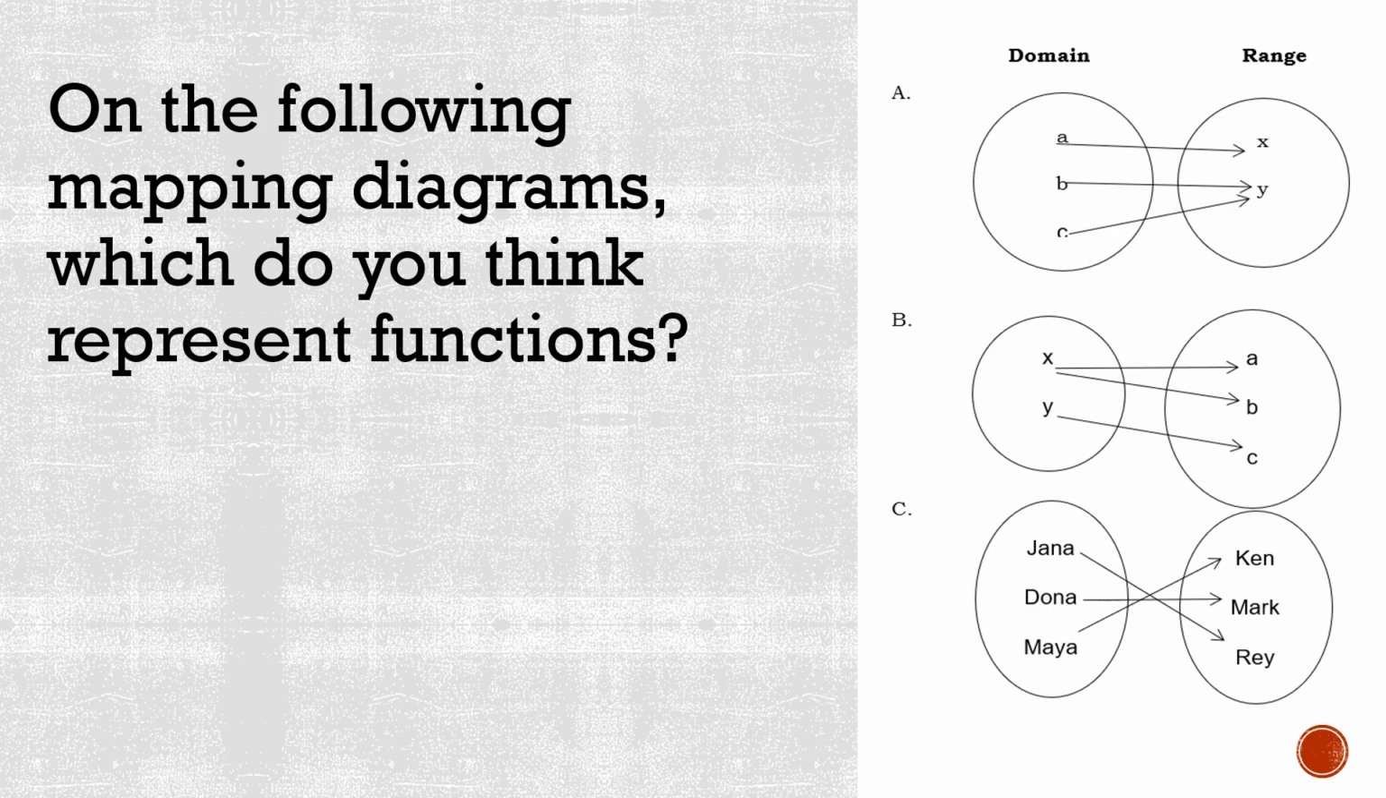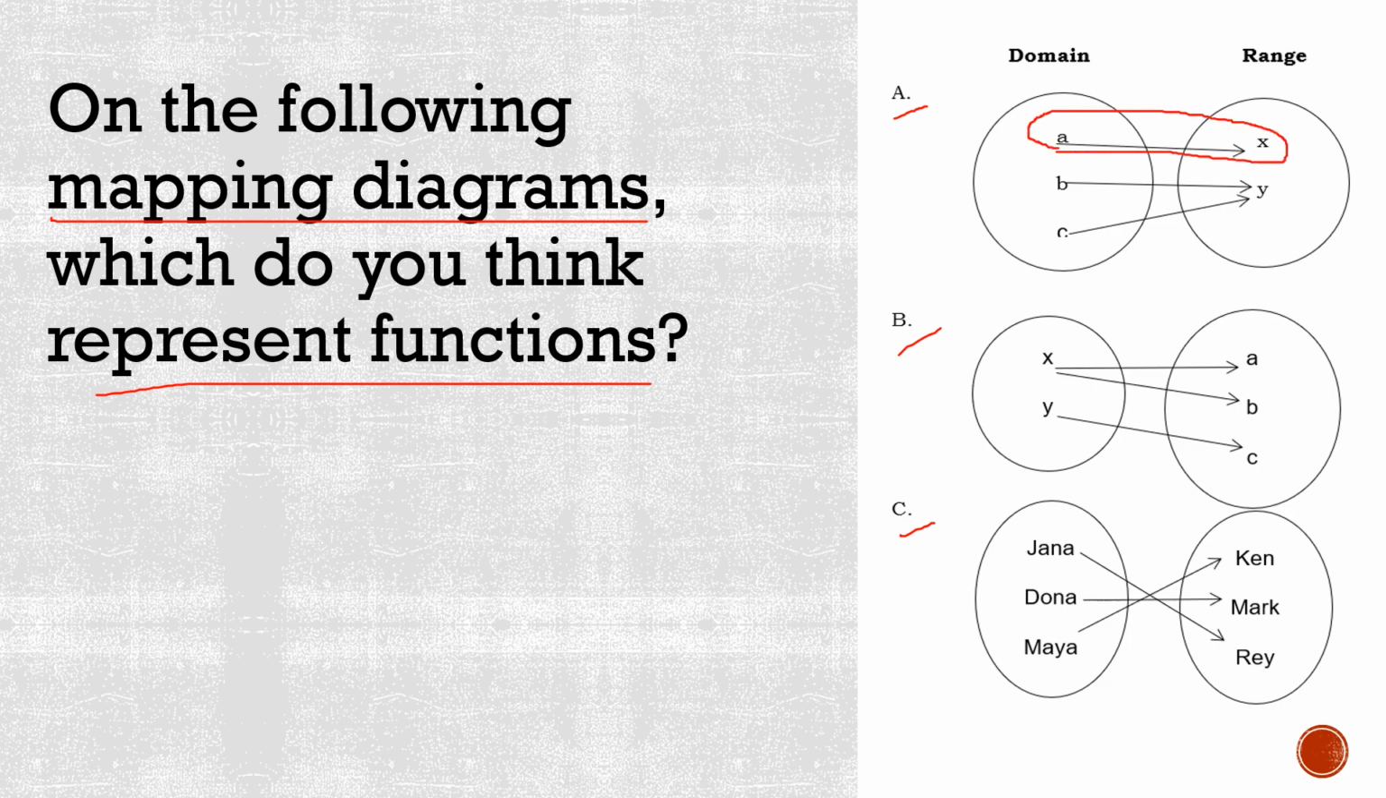For the next example, using these mapping diagrams from your A, your B, and C, which do you think represent functions? The same process applies as with a set of ordered pairs from the table. Dealing with a mapping diagram, it's the same process. We need to check if there's an existing repetition of x values, or values under your domain. So for letter A, here,